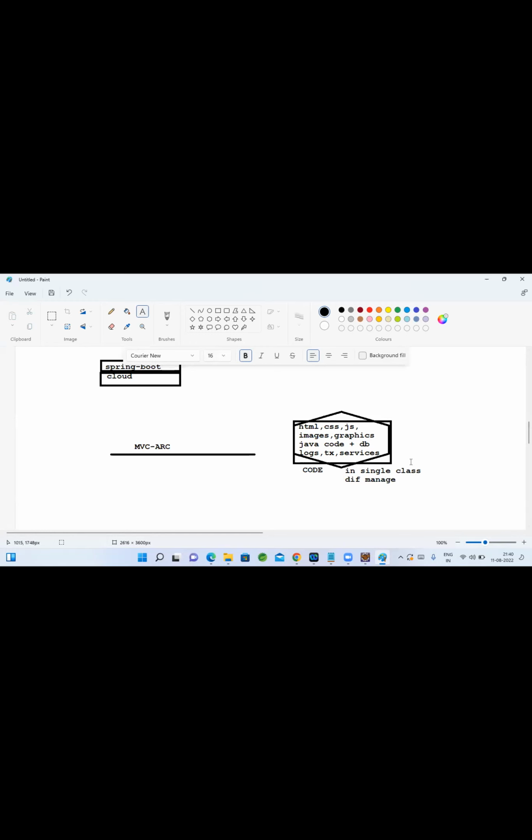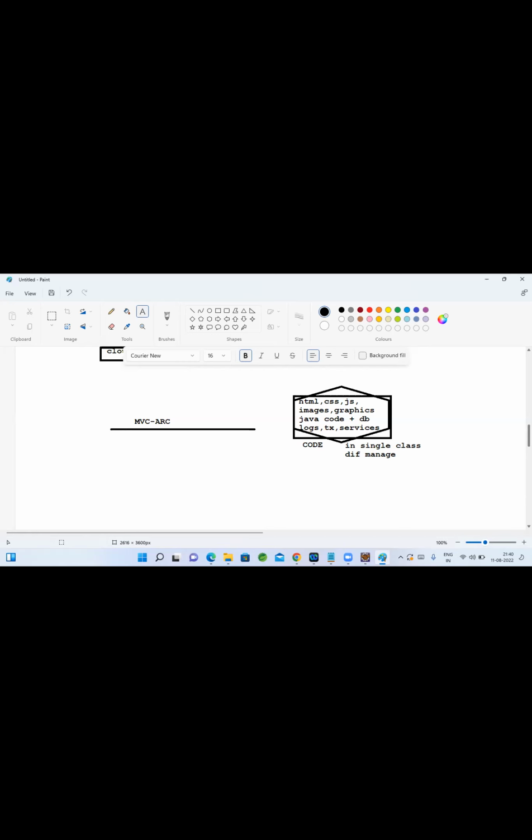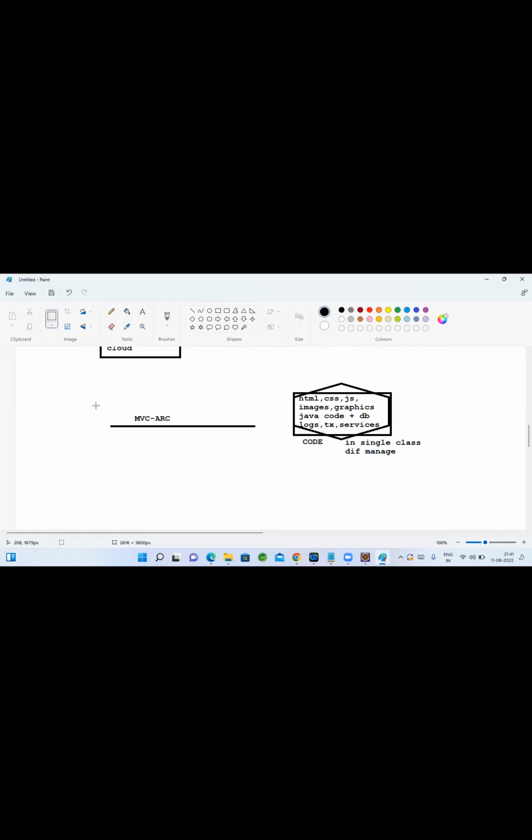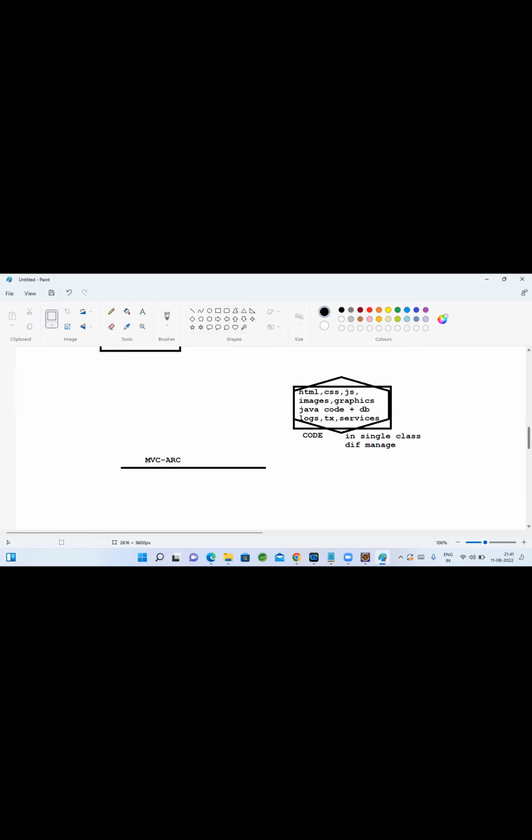In future, if one more developer comes into the project and wants to read and understand it, he cannot understand it. The code is tightly coupled with Java logic, DB logic, and transaction services logic. That's why people always recommend using MVC as an architecture pattern for doing this logical separation of your code. You need to separate your code into multiple layers.